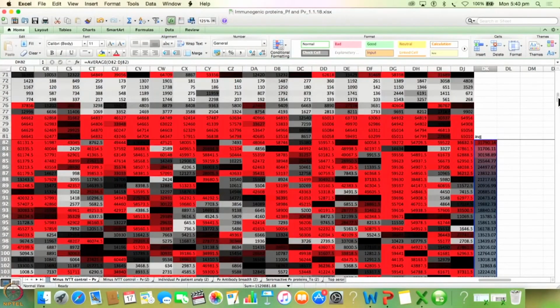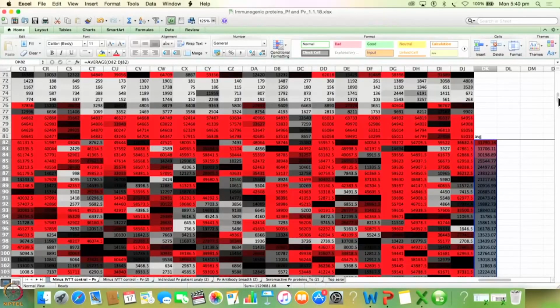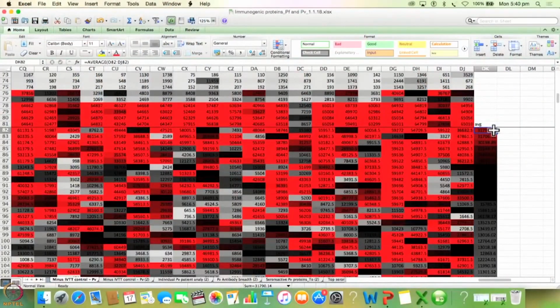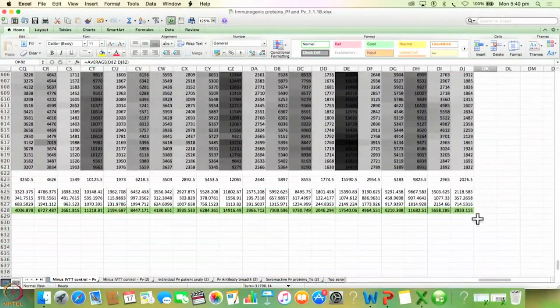So I have taken an average right now. Now I am going to apply this particular formula which you see here. If the average value for a particular spot is more than twice the standard deviation of the mean of the no DNA controls, then that particular antigen is seroreactive. So what this means is that if this is the average, if this particular number is greater than this particular number which I am going to show you right now, if you take an average